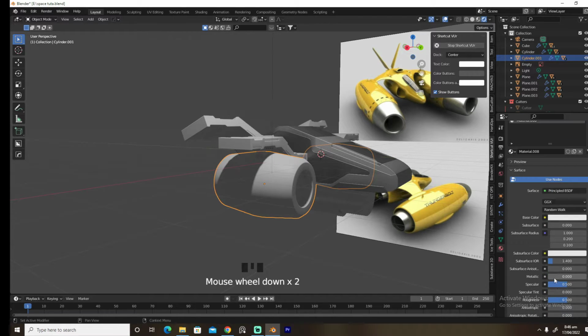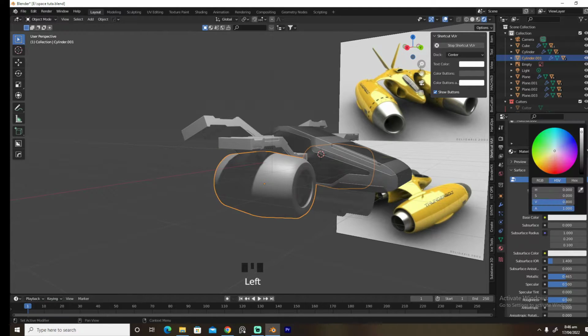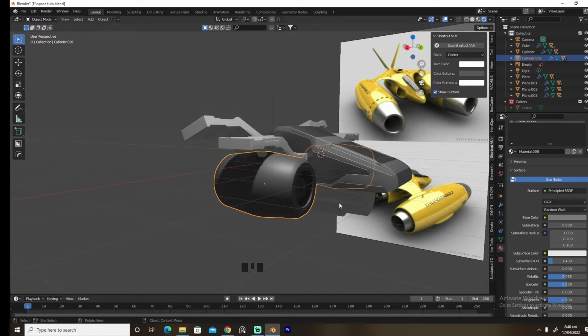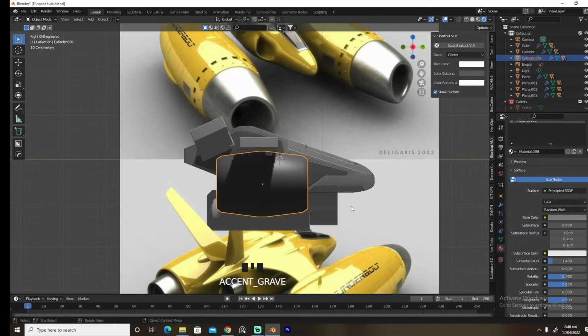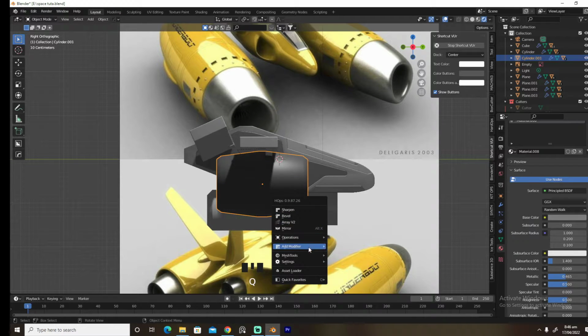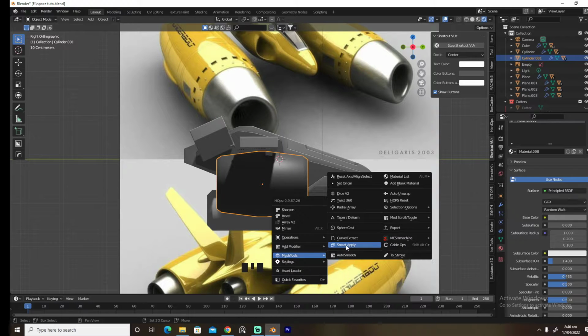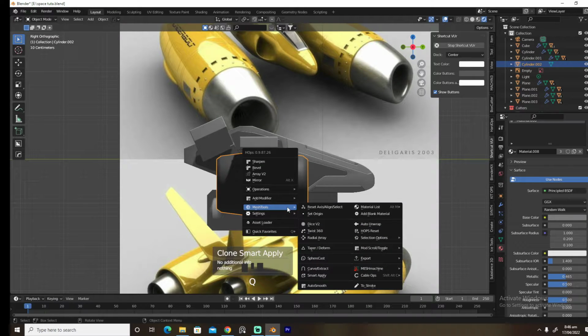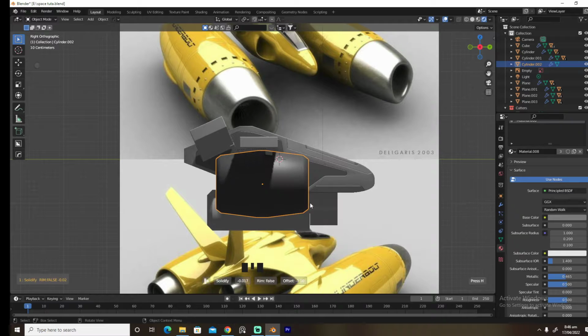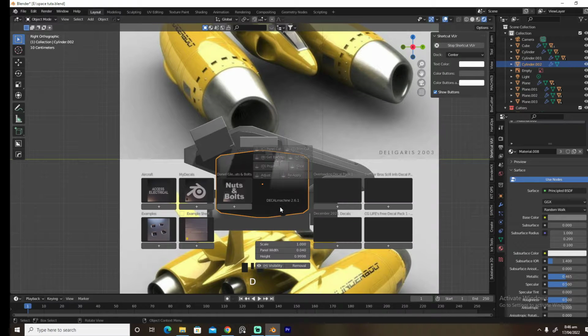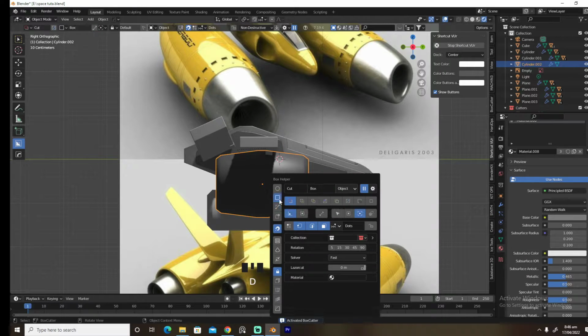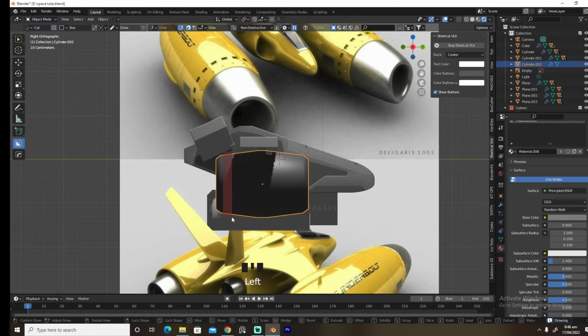We're gonna give this guy a metallic, and I'm gonna bring this down a bit. And the next thing we're gonna do is we're gonna do some cool stuff with this. So we're gonna press Q, and we're gonna go to mesh tool, left shift, smart apply, and we're gonna go into Q, add modifier, and we're gonna solidify this a little bit, and we're gonna press Alt W, and we're gonna go into cut, and we're gonna press V,